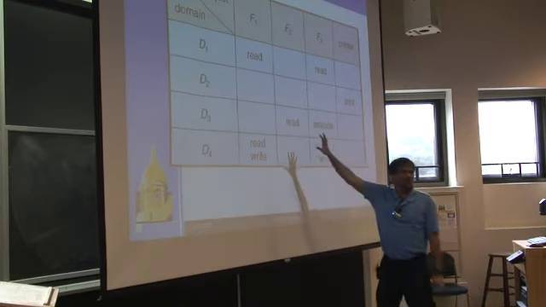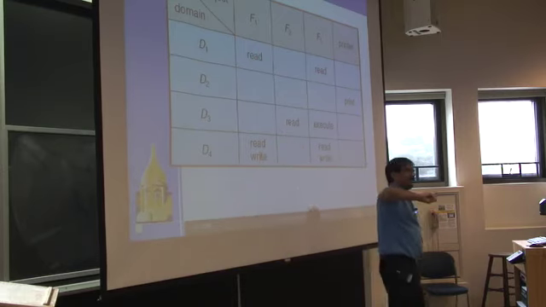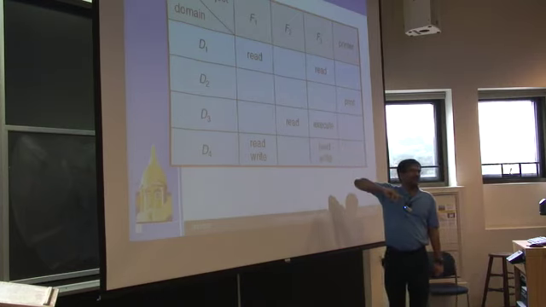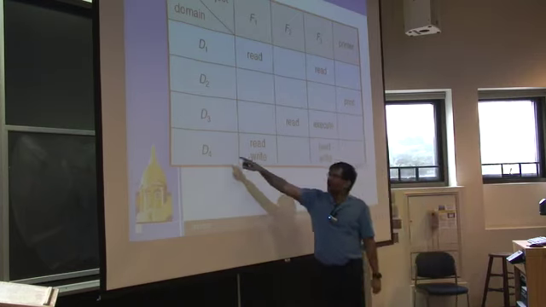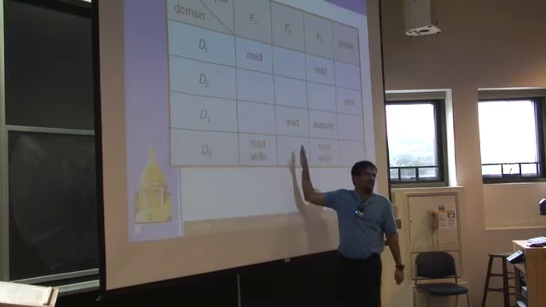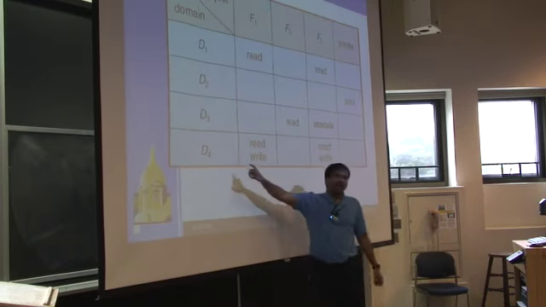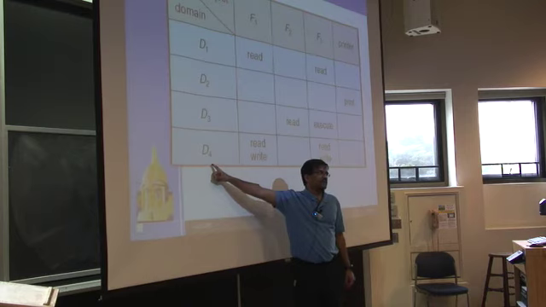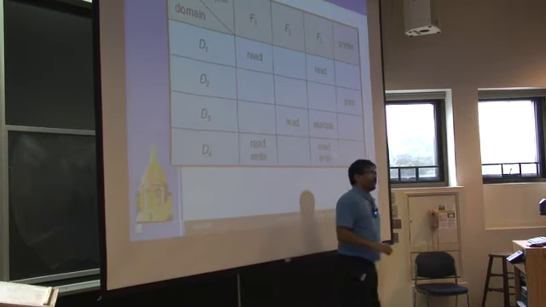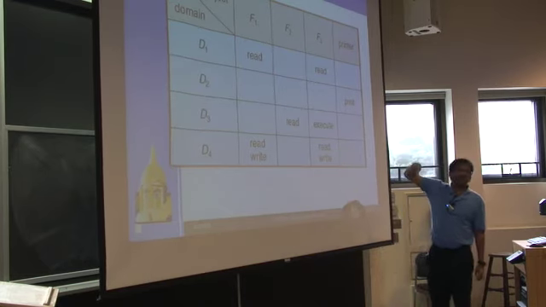So you may not want to implement it as such, right? You implement it in two different ways, but they all come from this access matrix. The two different ways are this: I want to keep track of all the stuff that D4 has access to. So I can keep a list of all the objects that D4 has access to, all D3 has access to, all those things, right? And I can keep the capabilities of what,